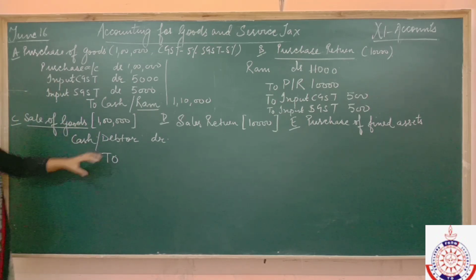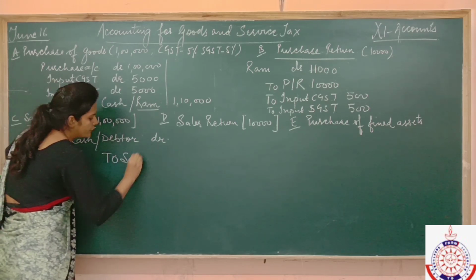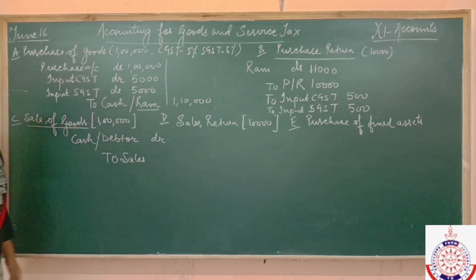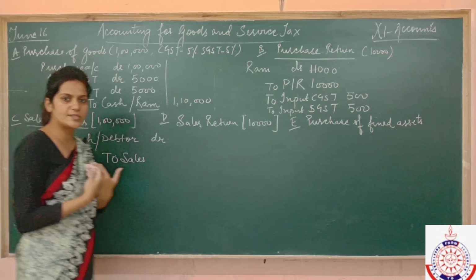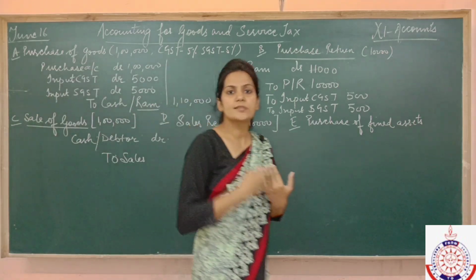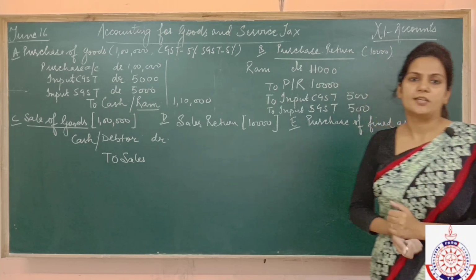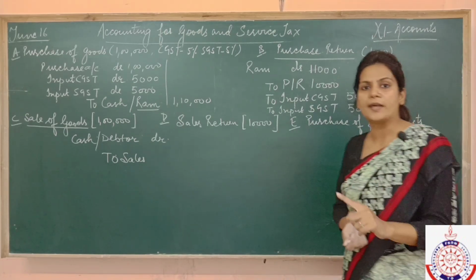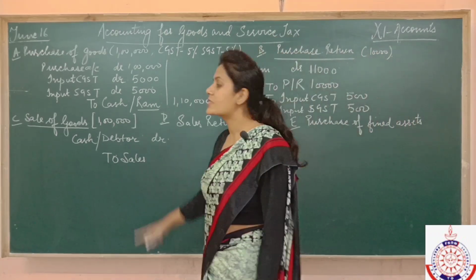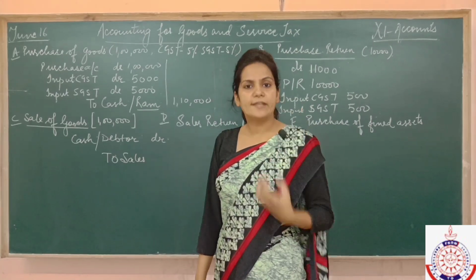Now what goes out of the business? Goods. So in case of goods we need to use the word sales. Now in this case, if I am selling the goods or our business is selling the goods, it means that we are going to collect the GST, because GST is paid by the buyer. Now if I am selling the goods, then I need to collect the GST.